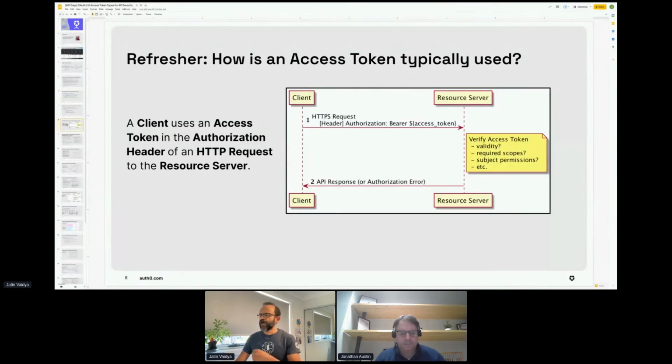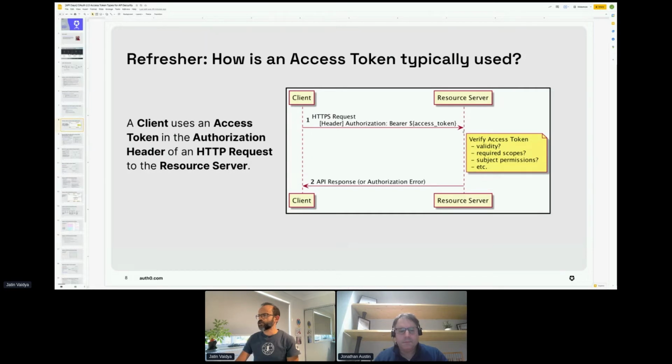And just a refresher on how exactly we use an access token: once the client application gets an access token, it can use that in an HTTP header to access a resource server. As you can see here, the client application has used the access token in the authorization header in order to access this particular protected resource.